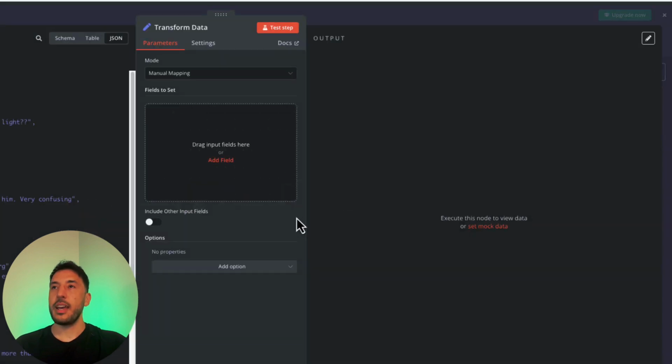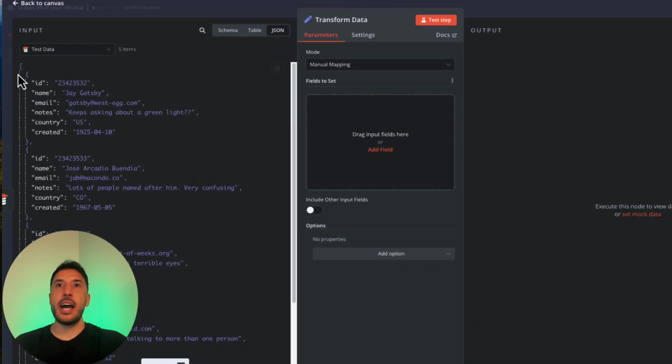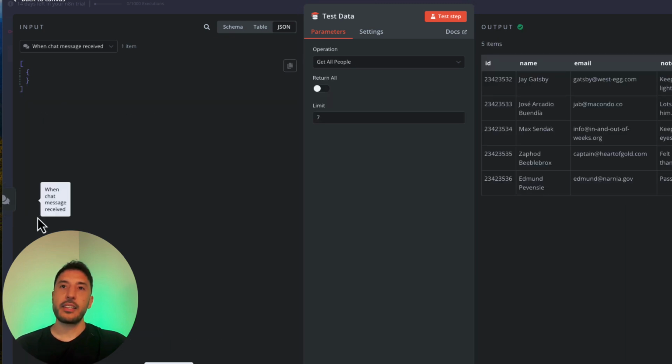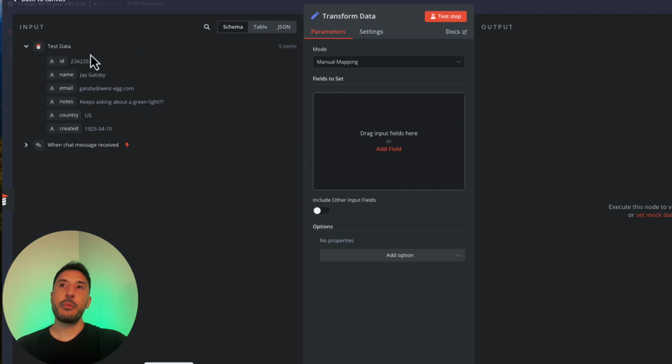So let's go ahead and double click on this and try to do something with this data that's coming in. As you can see on the left hand side, I have my input, and this is going to be coming in from that previous node. I can always click on this, and this will take me to the previous node. I can always go to my other node that's connected to this by clicking on the right hand console. Okay, so right now I have this as JSON view. I want to go ahead and try to utilize my schema view to be able to do something with this data that's coming in and manipulate it.